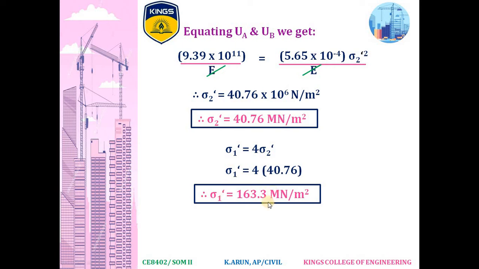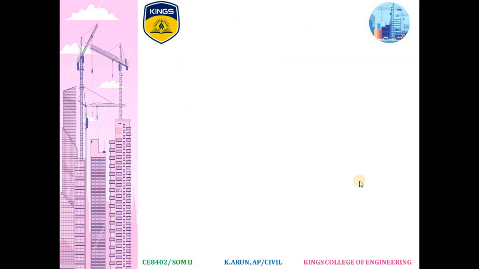They have asked what is the maximum stress induced in bar B. So we have solved case 1. In case 2, they have mentioned that if the maximum stress induced is 200 mega Newton per meter square, then calculate the strain energy stored in the bar and compare the ratios of strain energy stored in bar A and bar B. That is, in case 2, we are going to assume that sigma 1 dash is equal to 200 mega Newton per meter square. So this is what I have written here: if sigma 1 dash equals 200 mega Newton per meter square, find UA by UB.